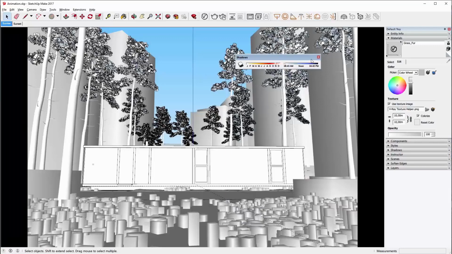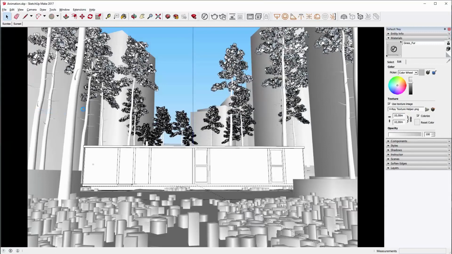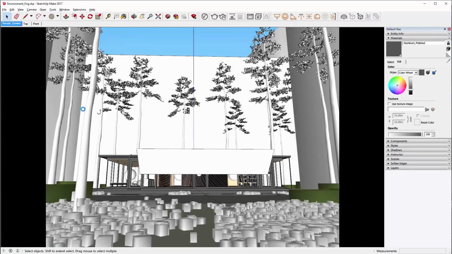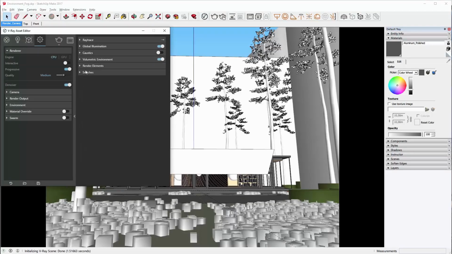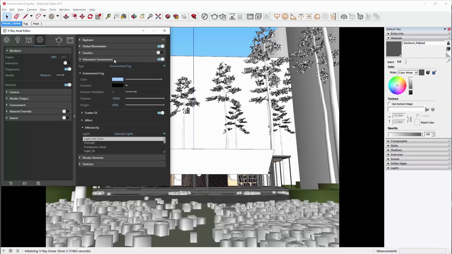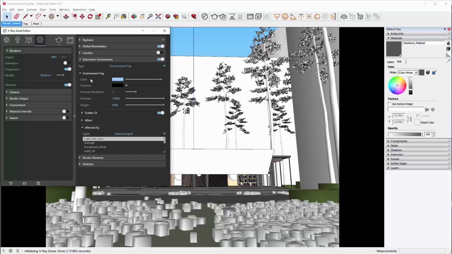Now we support Environment Fog, and I want to show you what that is. So let me just open a scene here, and that's the Environment Fog scene. And right now the environment fog is, like I said, in the volumetric environment. And there's a simple switch to turn it on and off like that. And it's right next to aerial perspective. So aerial perspective is by default and the environment fog is next.